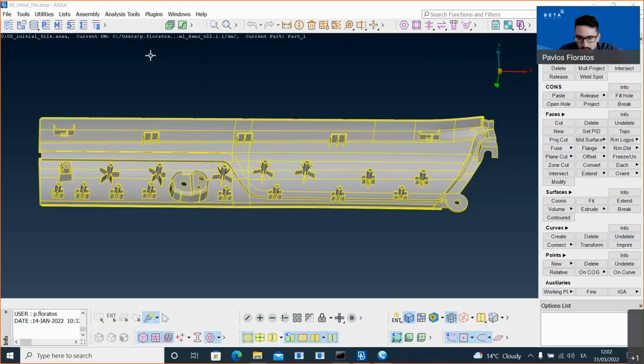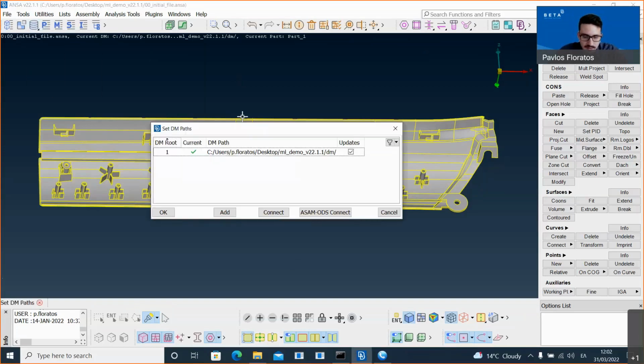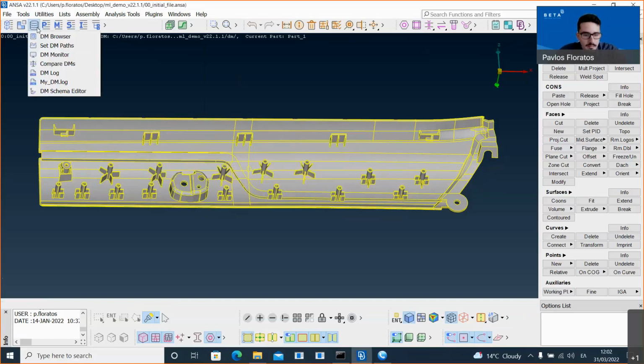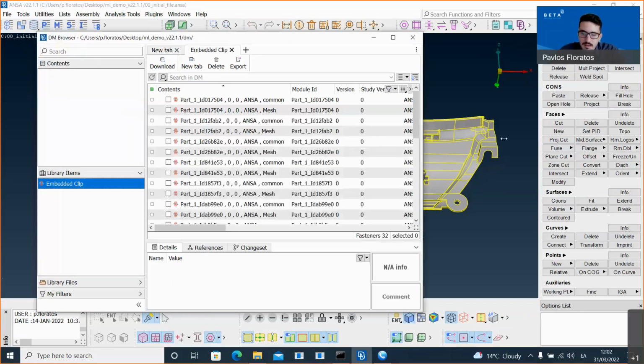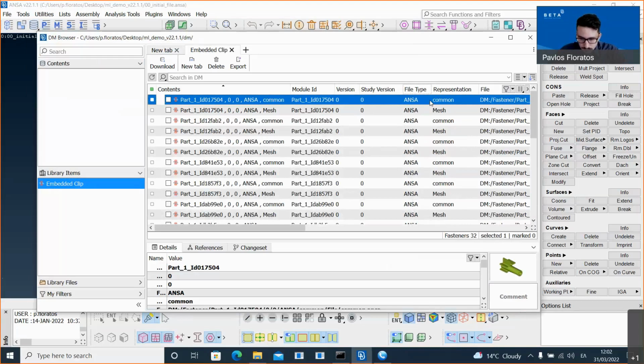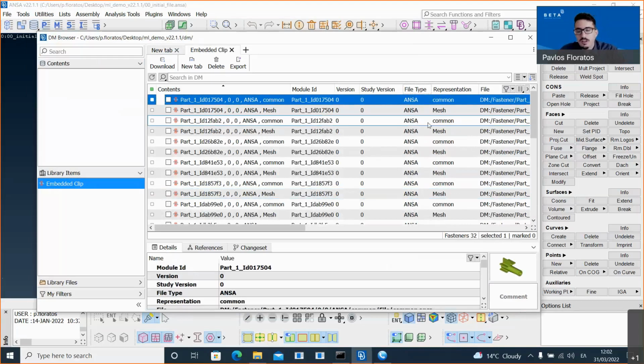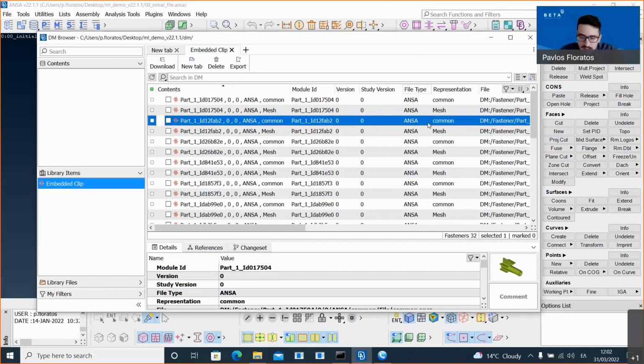So this here on the screen is my model, and in this case I have already specified a DM path. And my DM looks like this. If I open the DM browser, I have many clips stored, both the common representation of these clips, which means actually their geometry, and also a mesh representation that I would like to use on them.